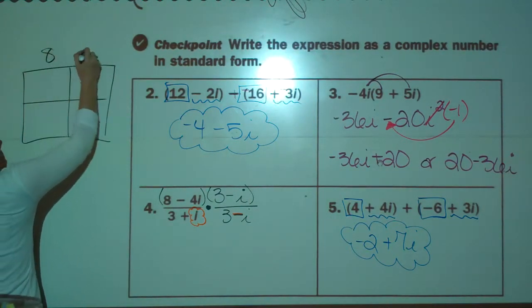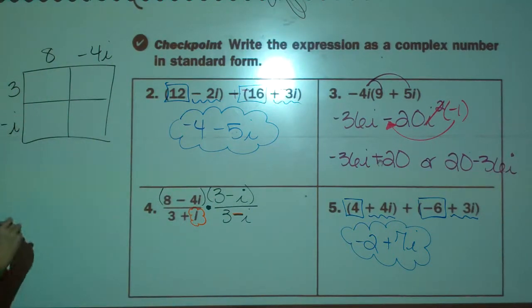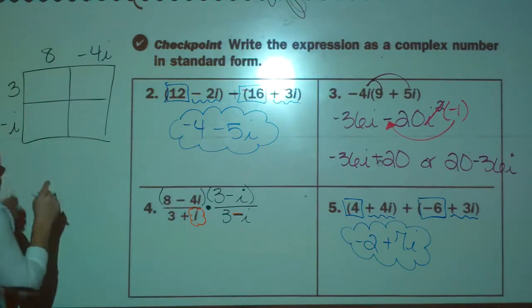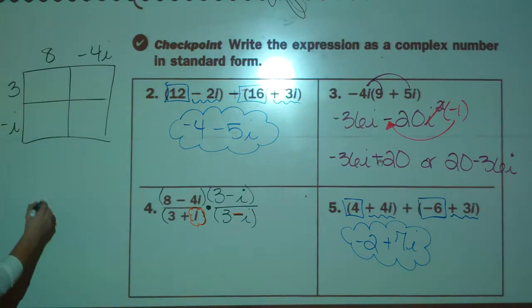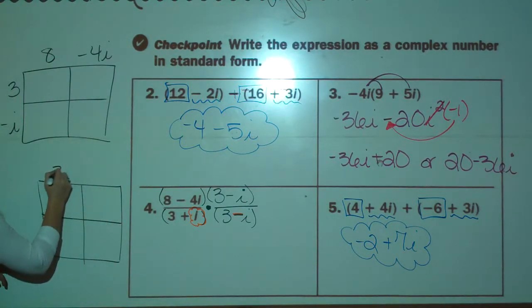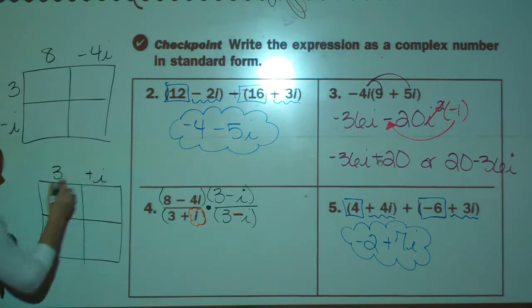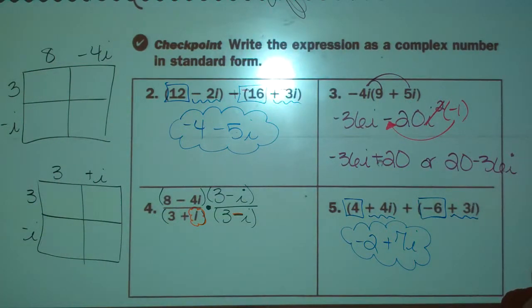So that's 8 minus 4i and 3 minus i. Okay? Let me make sure you can see that. Yeah. Okay. So we're going to multiply that in, and then we also need to multiply the denominator. So that is 3 plus i and 3 minus i. Okay. So we've got binomials multiplying. So this is an example of where we have to do a little bit more. Let me grab the